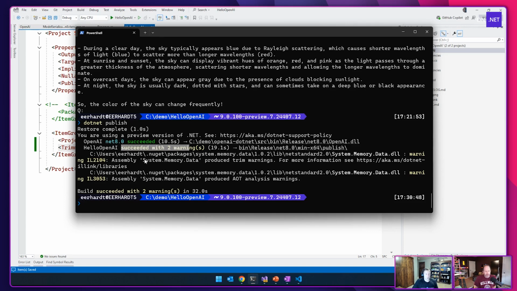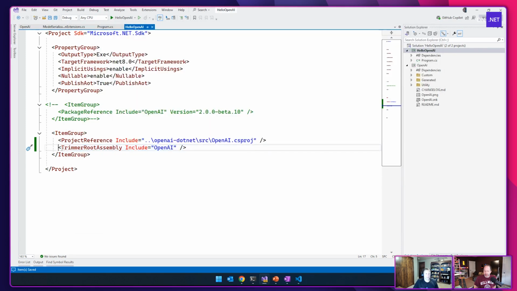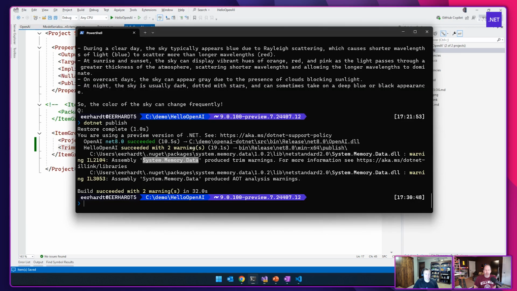And so then we got these two warnings again about System.Memory.Data. But hang on, it's running, but we're back with warnings. But the warnings are less scary than before? Because before, these warnings stopped us in our tracks. Yep, same. The reason we got warnings again is because I said root the whole assembly. I gotcha. Okay, and so now there's warnings coming from other methods that I haven't called yet. That's good. It's not just the hot path that works. This thing is not done yet.